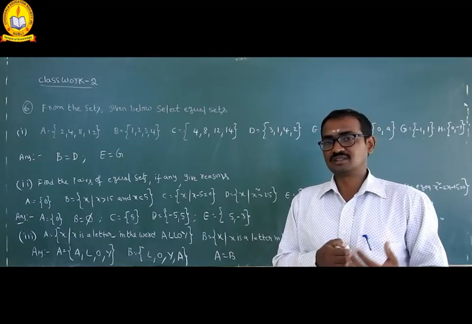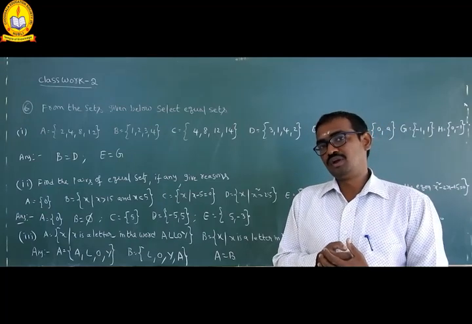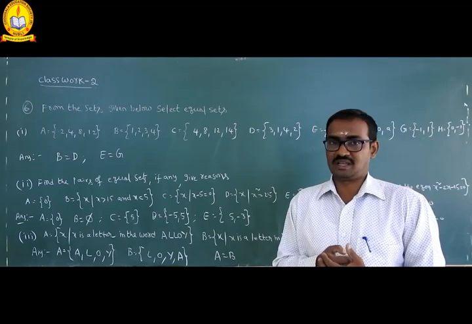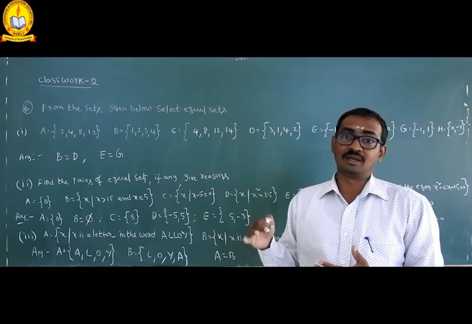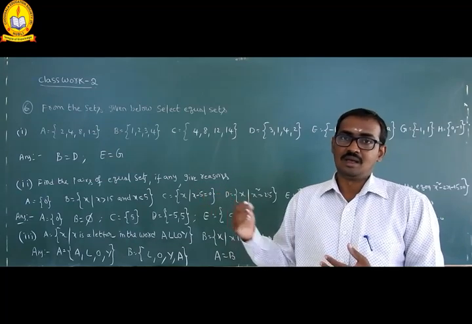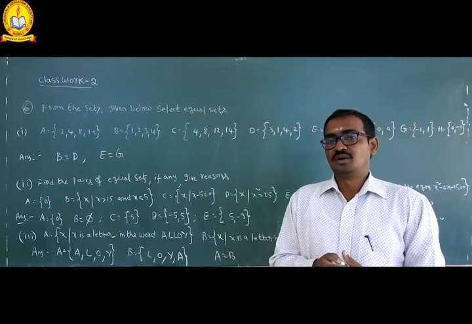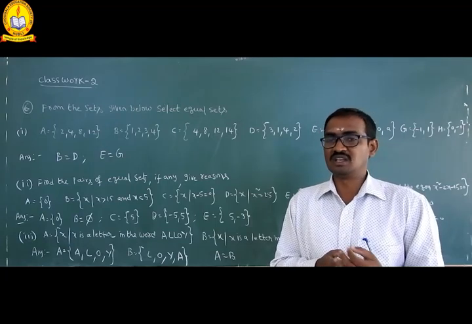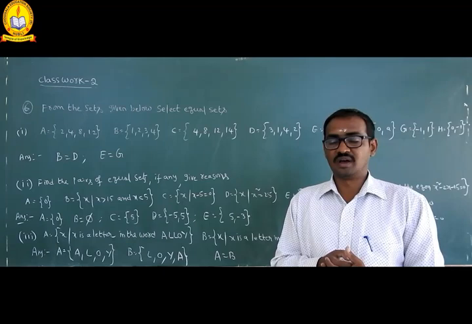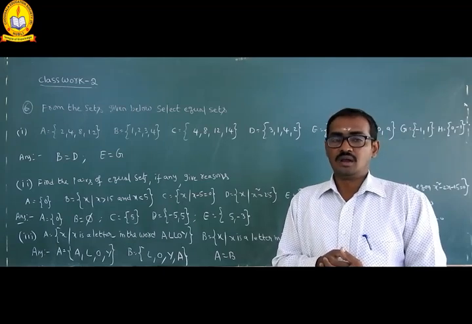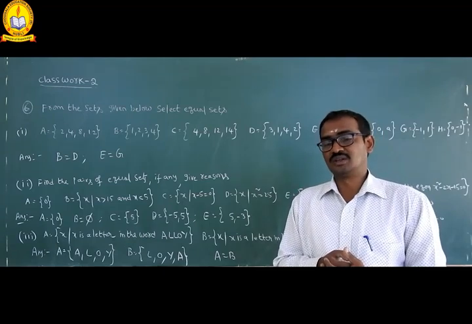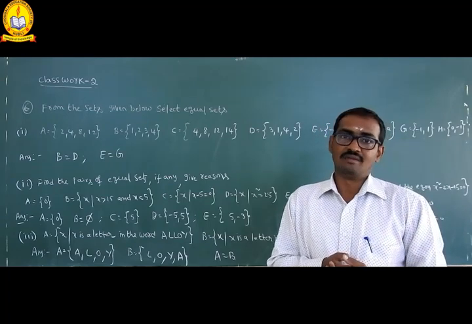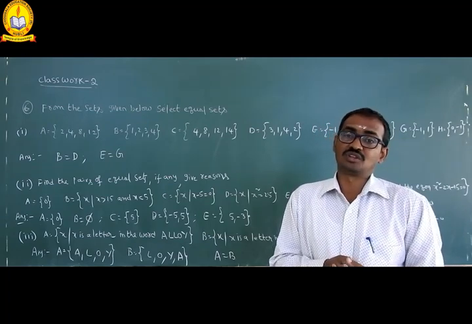And also in the previous class I explained that we represent the sets by using the capital letters of the English alphabet: capital A, capital B, capital C, capital D. And the elements in the set are represented by the small letters of the English alphabet: small a, small b, small c, x, y, z and so on. We represent the sets in two ways. First one is the roster method, second one is the set builder form method. I will explain it once again. See, the roster method.